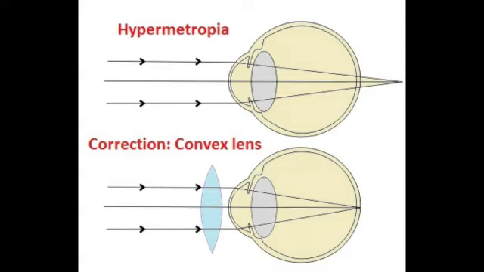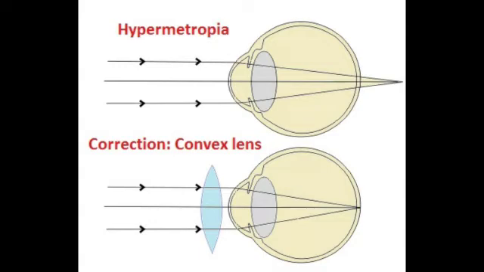Hypermetropia. Hypermetropia, also known as long-sightedness, occurs due to the shortening of the eyeball. With this defect, distant objects can be seen clearly, but nearby objects cannot be seen clearly. The focal length of the eye lens is increased, or the distance between the eye lens and retina decreases. Hence, the near point will not be at 25 cm for such eyes, and the near point has moved farther. Due to this, the image of nearby objects is formed behind the retina. This defect can be corrected using a convex lens.